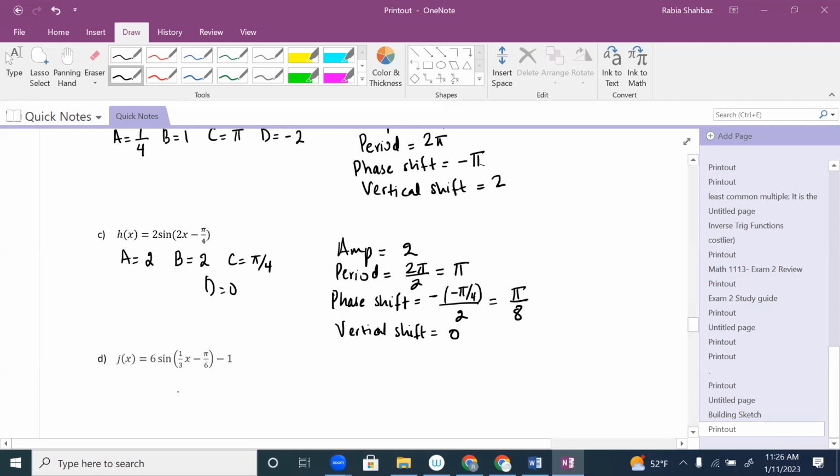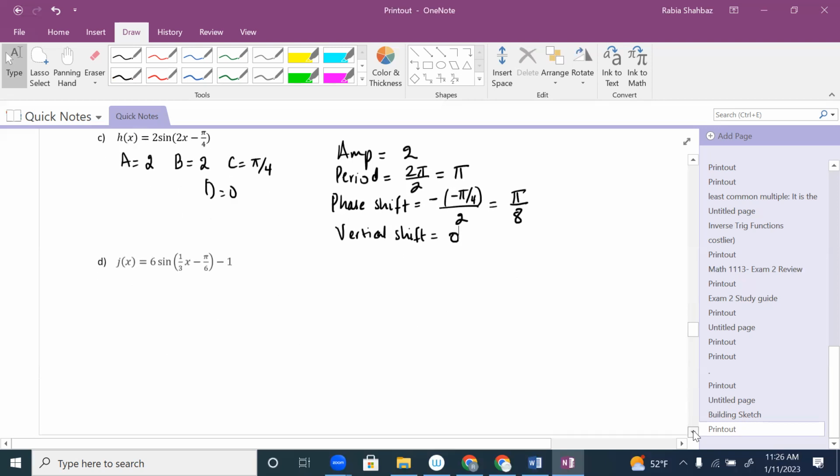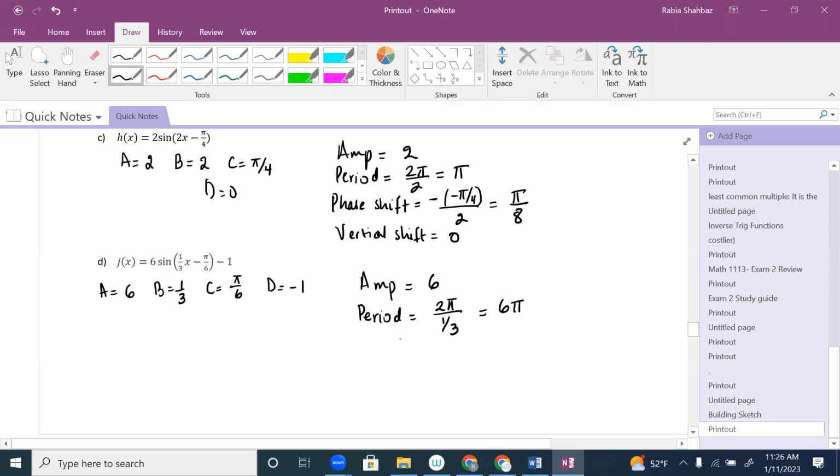Okay, let's try D. So A is 6, B is 1/3, C is pi over 6 and D is -1. So our amplitude is 6. Period is 2 pi over 1/3, which becomes 2 pi times 3 over 1, or 6 pi. Phase shift